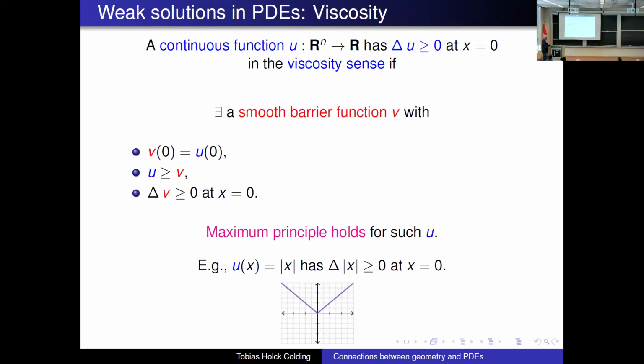Okay, and so an example of a function that is subharmonic in the viscosity sense is, on just the line, the norm of x. That is subharmonic in the viscosity sense. It's smooth everywhere except at the origin, so you just need to check this at the origin. And that's clear, the function constant equal to 0 is a barrier. Okay. So now,